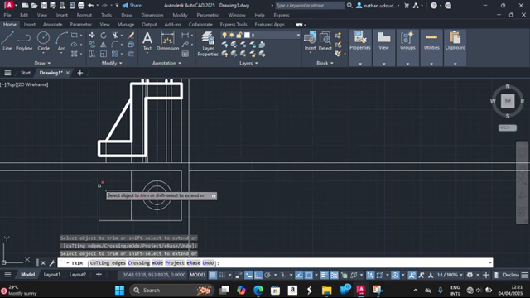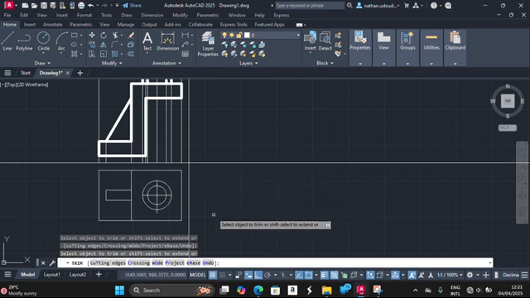So now you can equally trim up this. Okay, so now escape,